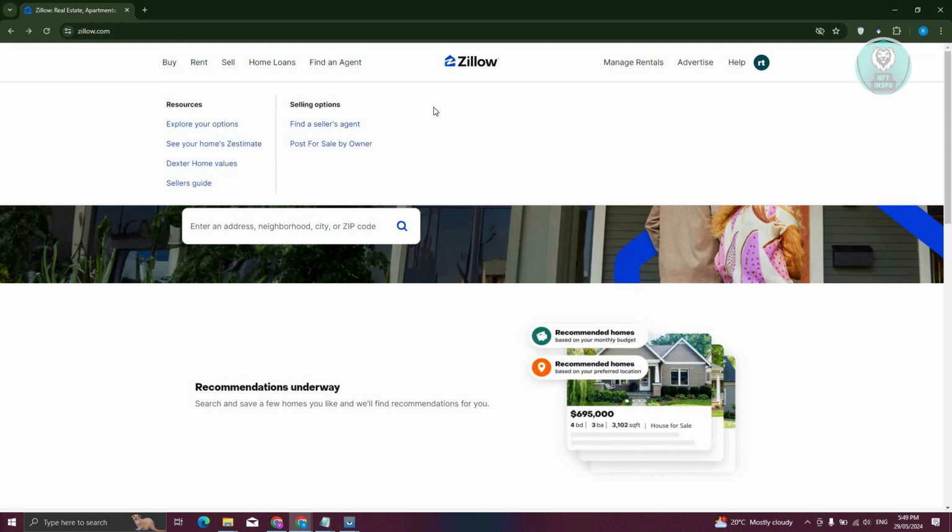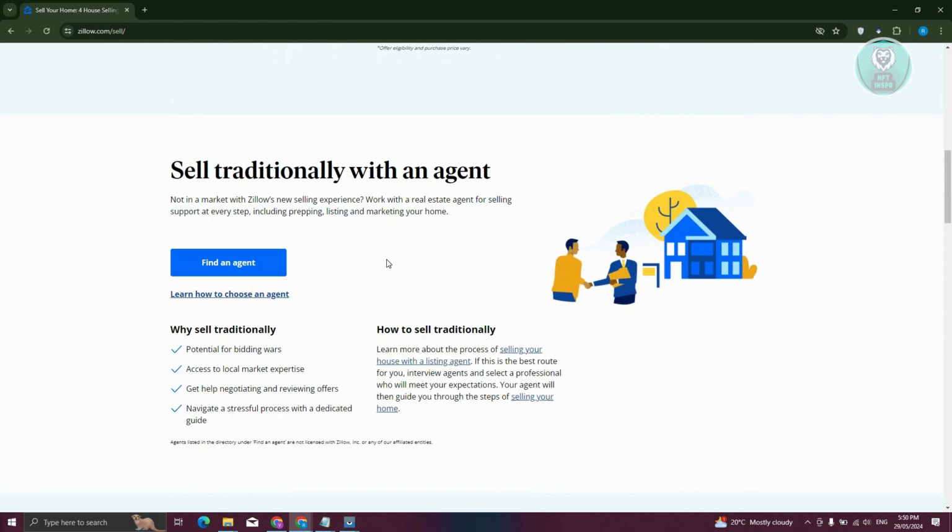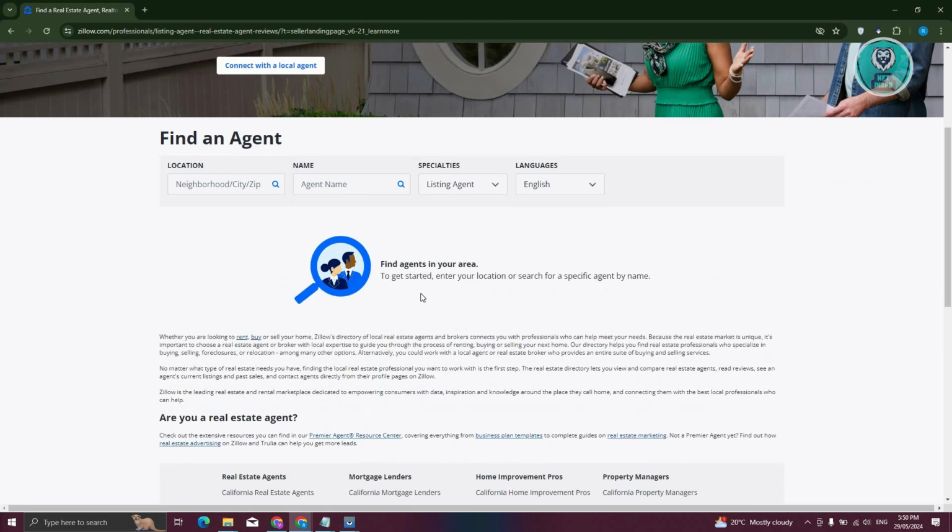You have the option to find an agent to sell the property for you, or you can post this as an owner. So let's go ahead and click on sell here. If you want to find an agent for yourself, just click on find an agent here. It should direct you to another page, where you'll be able to paste a location if you want to look for an agent, or if you're looking for a specific agent, you can enter